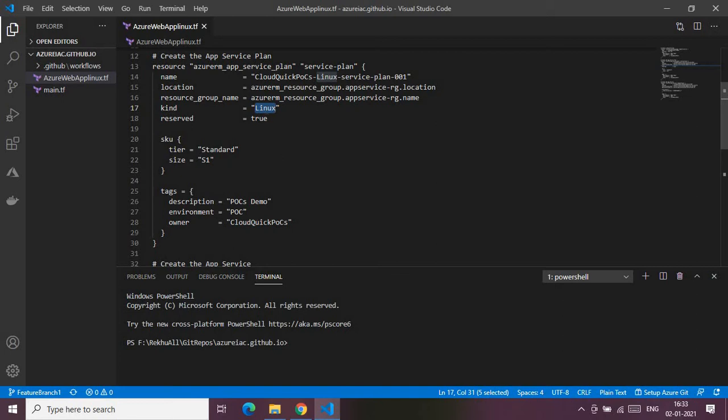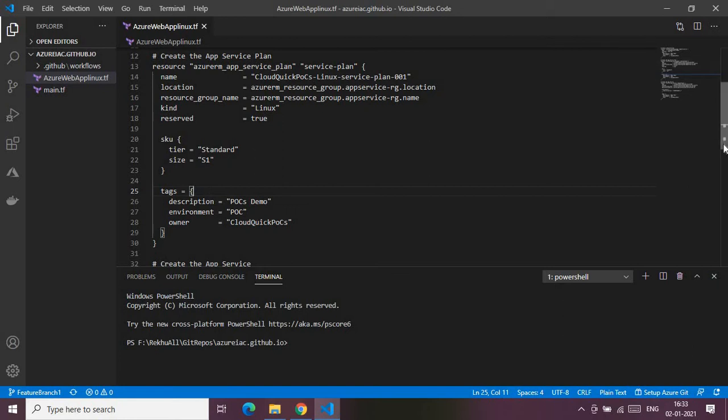So henceforth I'm just declaring the same thing. And this is reserved. So the reserved parameter is marked as true. And this is one more parameter, an object type parameter, which is a scope. Inside the scope block, we are giving the tier and the size. So the tier will be Standard and the size is S1, right? After that I'm again attaching the required tags and the app plan. That is the app service plan.